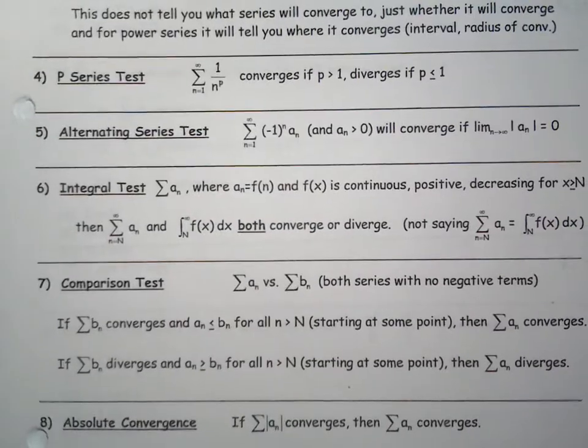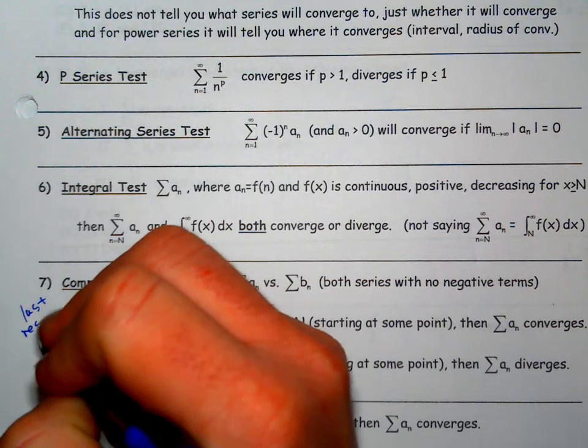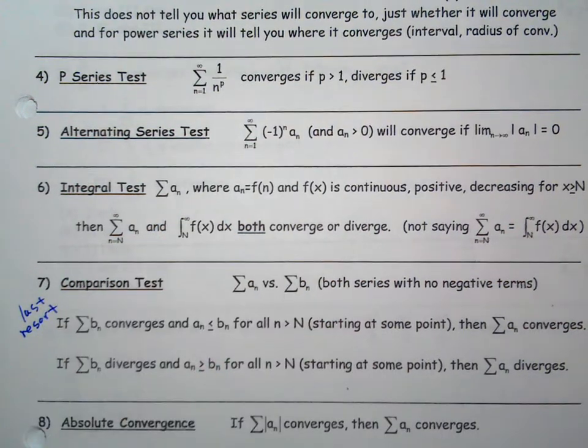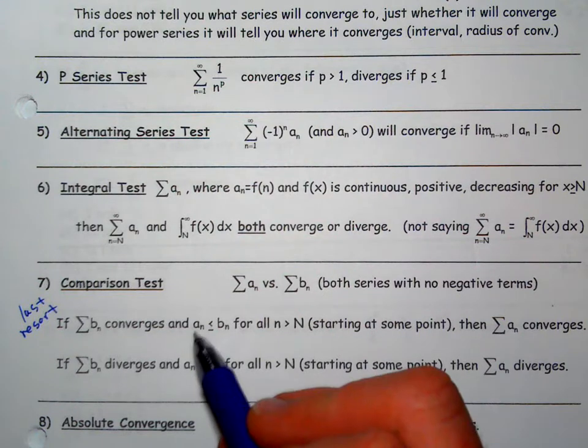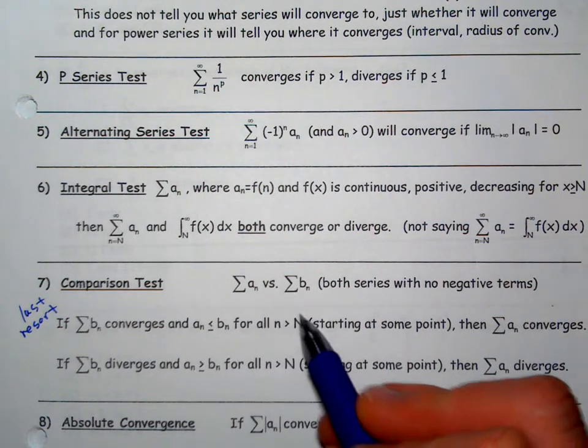Comparison test is definitely a last resort because it's the least straightforward and requires you to know another series, different than the series you're looking at, that will for sure converge, and that yours is able to be compared to and smaller than, term for term. Then yours would converge also. So if yours is smaller than all the corresponding terms, it doesn't have to be the whole thing, but starting at some point,